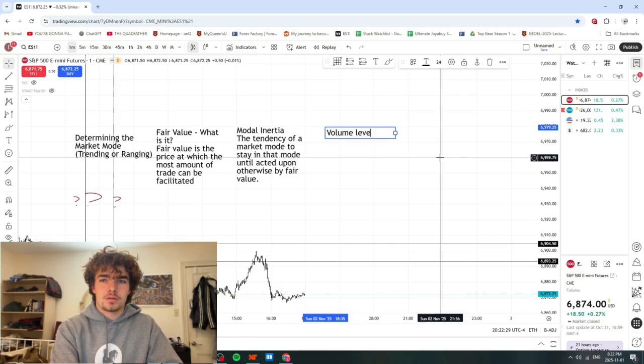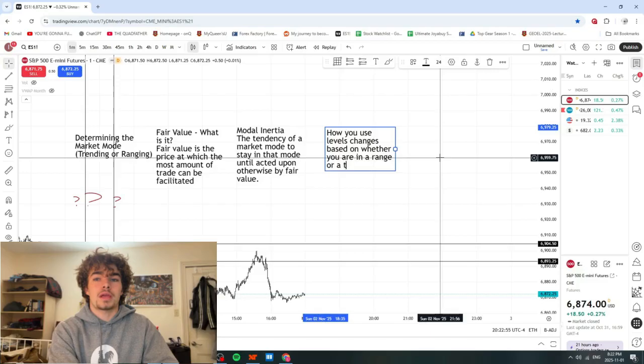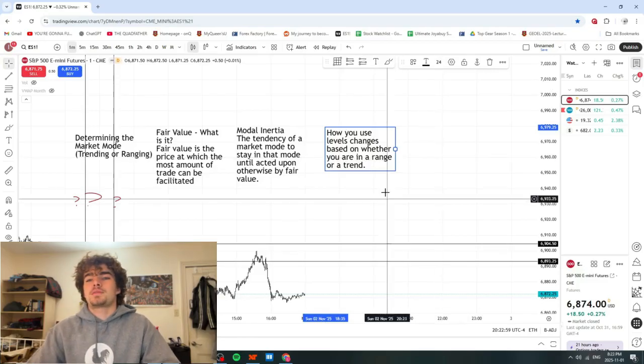Volume levels are, I'll say this, how you use volume levels on Bookmap, and just levels in general. If you're looking at charts, if you don't have access to Bookmap, how you use levels changes based on whether you are in a range or a trend. All right? And so what I mean by this is,